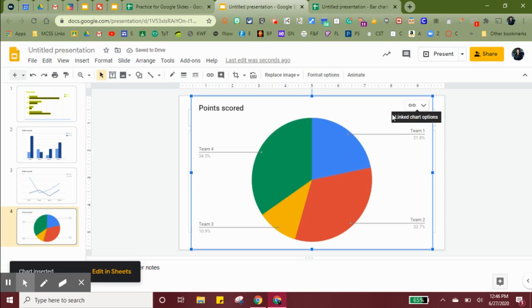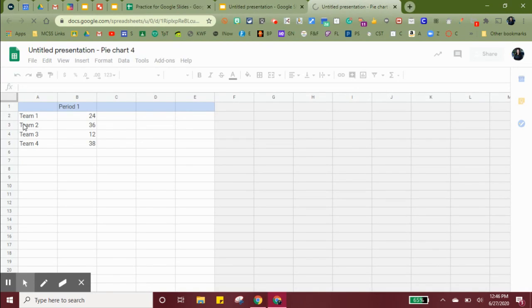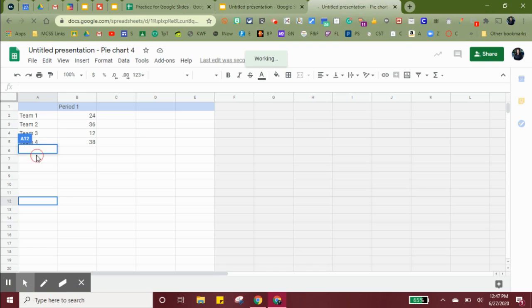So I'm going to open this one up just to show you another change. And I'm going to close down this old one. So now whenever you go in here, right now it says Team 1, Team 2, Team 3, 4, just like it did the first time. But when the students go in and edit this time, it will change that chart. Instead of changing the names, I'm going to add a couple of lines so that you can see how it would add another piece to that chart. So I'm going to say Team 5 and Team